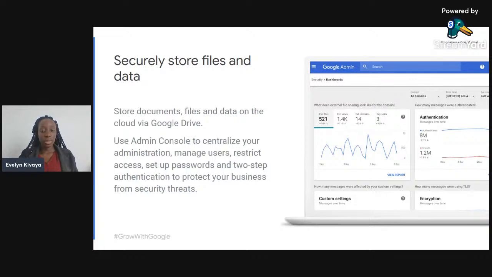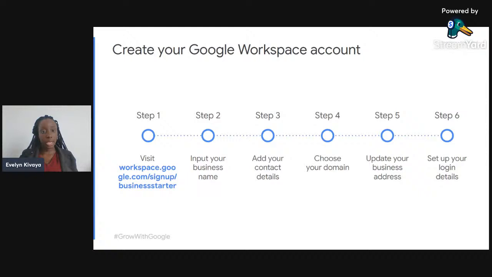So now that we know the benefits of Google Workspace, another question that I'm sure most of you are asking yourselves is, how do we set up our Google Workspace account? That is a question, but don't worry, we are going to dig deep into it in the next session. So how can someone create a Google Workspace account? The first thing is you can visit the website. The link, I'll just share with you the link.